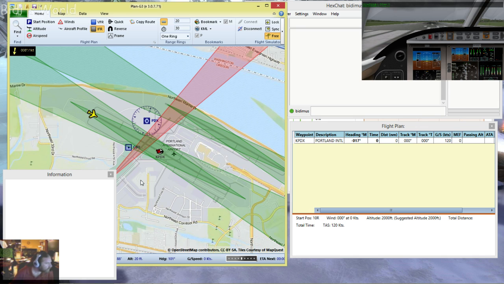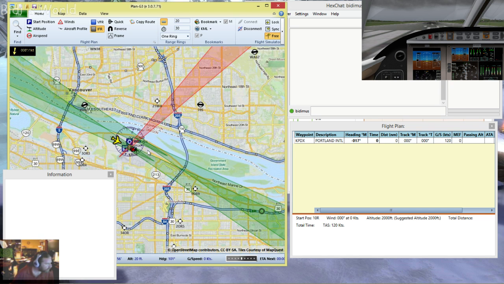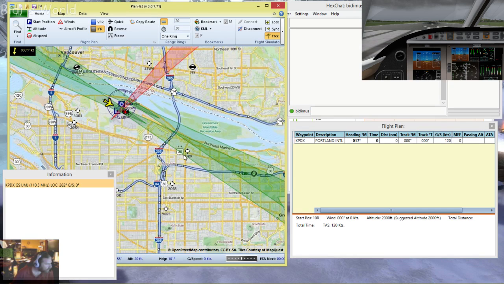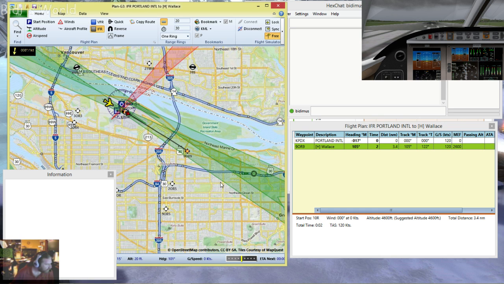Yeah, we're not following any flight rules or anything like that, but I got a couple aircraft enabled, so we're seeing them taking off. Anyways, we're gonna leave here, and we're gonna start out by heading to 90R9 Wallace,